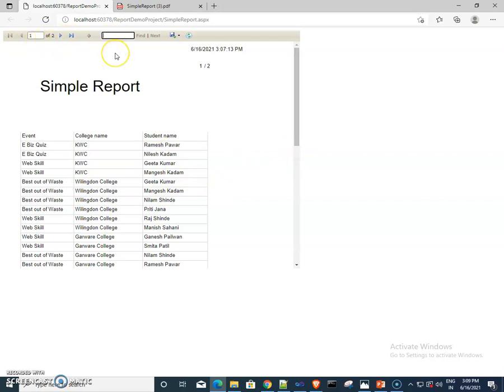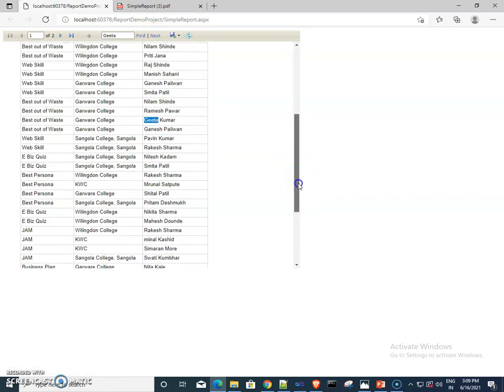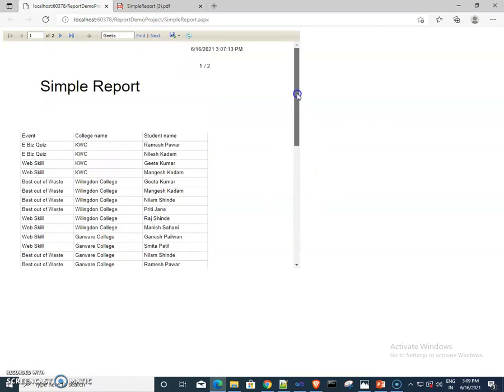Here some facilities are there, like if I want to find KWC, then it highlights it. Next, if I want to find some student named Geeta, then this highlights. So these are the features of report viewer.